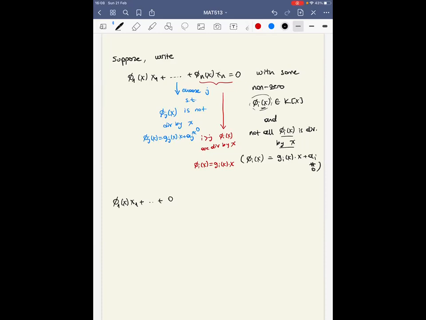So by applying these equalities in this equation, we get this form. And here we want to multiply this equation by x_j inverse,